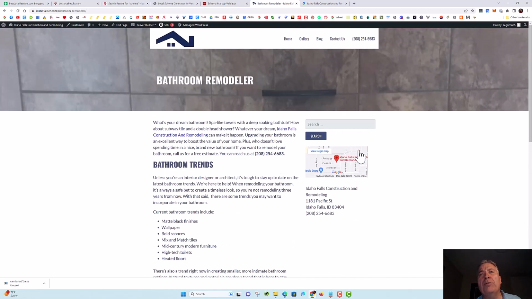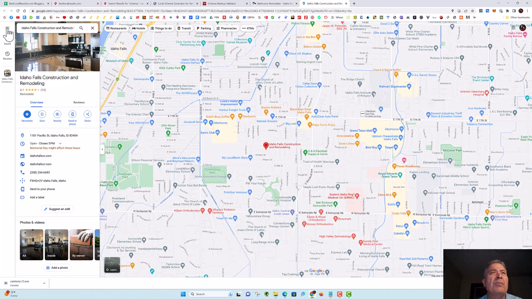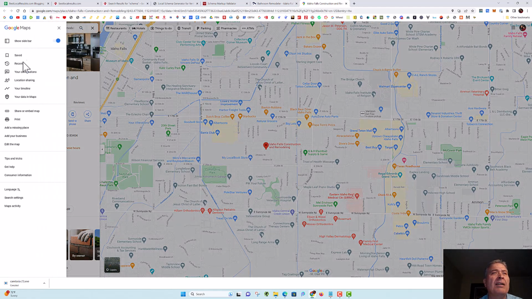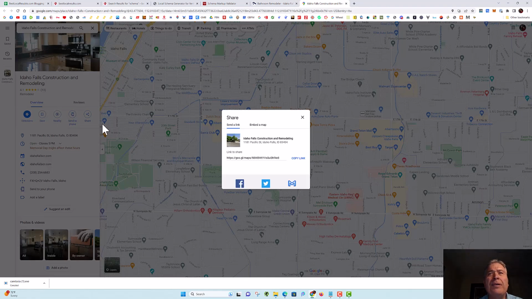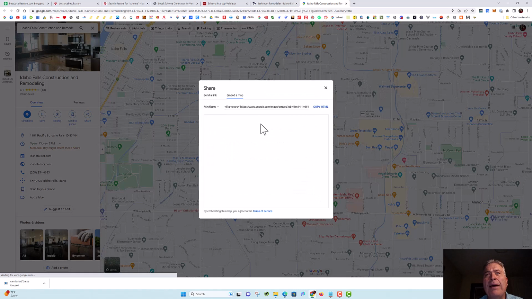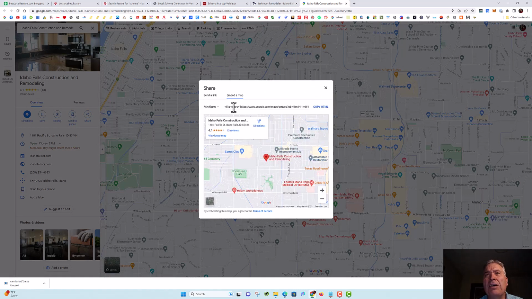So what you would do, you can see how he embedded in the sidebar his Google Business Profile map. I have it right here. You just go up here to the little hamburger thing, click on it, share and embed map, click embed map, and you can see that the code that's here is an iframe code. Okay, and you just copy that HTML,